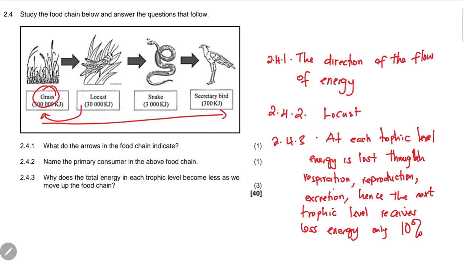I think from here you can see that if I find 10% of 300,000, those two cancel. I'll remain with what? 30,000. This is the one which is there. Again, if I find 10% of 30,000, it's actually 3,000. Again, 10% of 3,000, it's just 300. You can see that only that